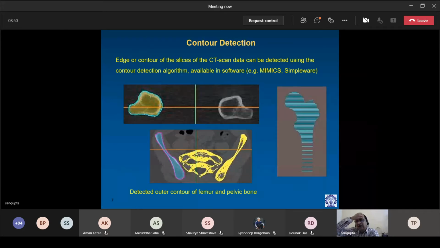Now, when we enter one slice, for instance, this is a slice of the femur bone, we would be interested in detecting the contour of the slice, the boundary or edge of the slice, because based on that we can do the geometric reconstruction. We have to define the boundary of the bone. That is most important. So the edge or contour of the slice in the CT scan can be detected using the